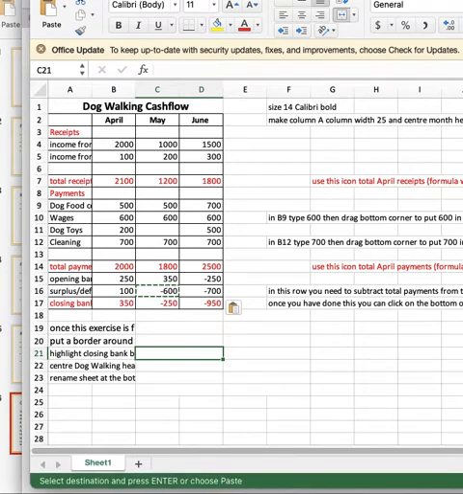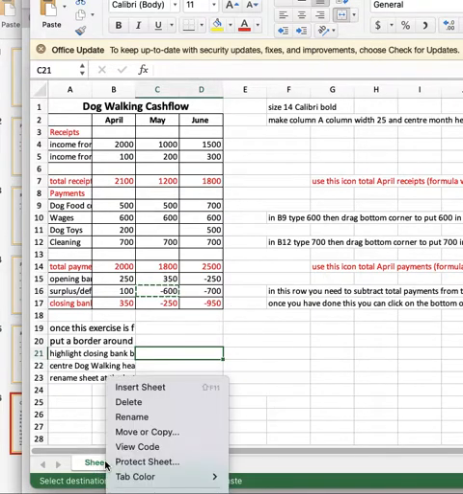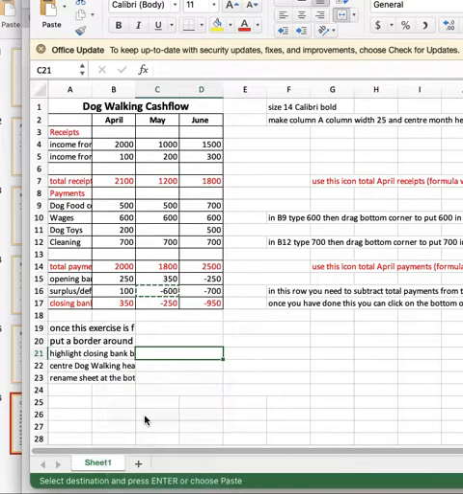See this little bit here that says sheet 1? And the example you've got is called dog walking. I'm going to rename that. So if I just control click, I can go rename, and then I can go dog walking, dog walk. Okay, enter. Now I want to duplicate that sheet, so I'm going to control click,